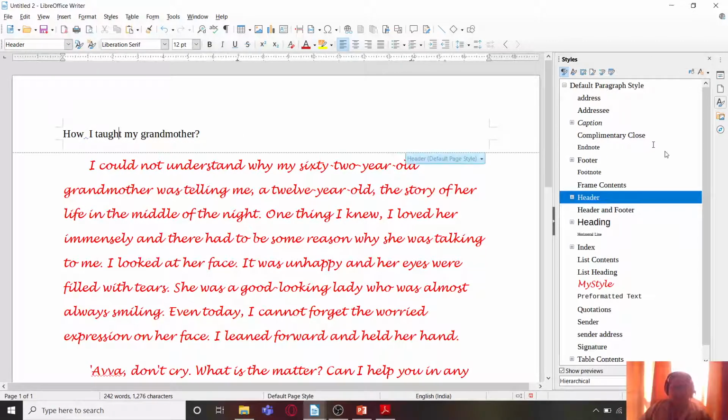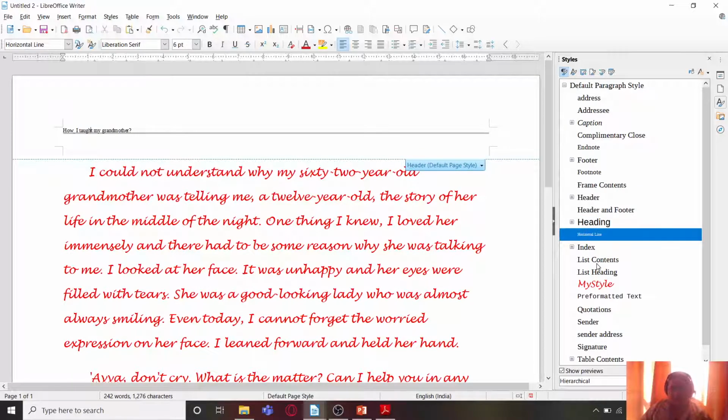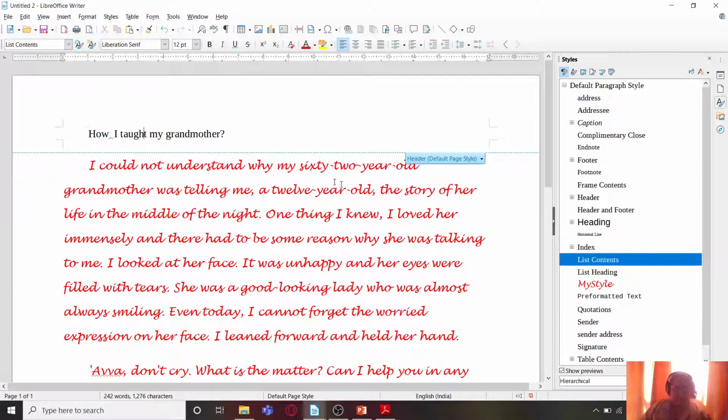Then I'm clicking on this header and footer style, and it is applied on it. And likewise I have various other styles. I can click on them also. Whatever style I want, I can select from here.